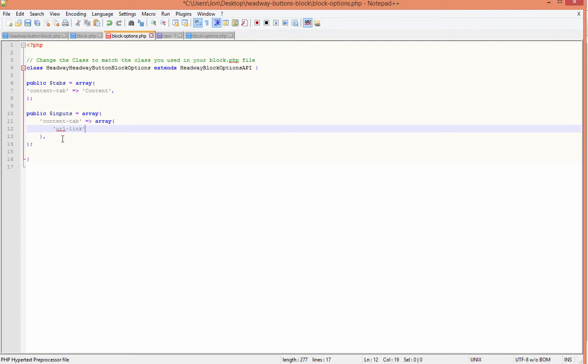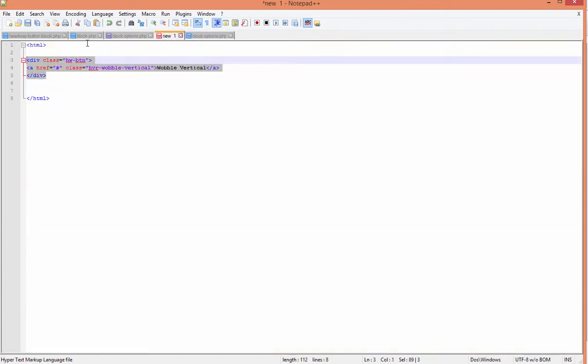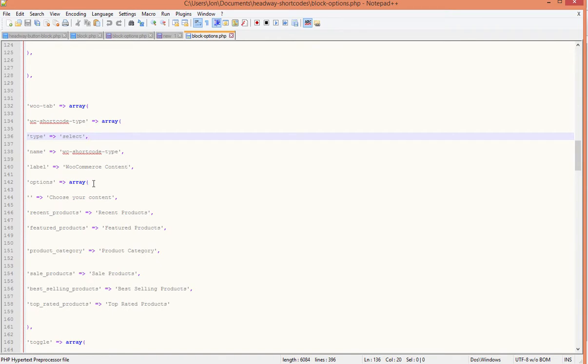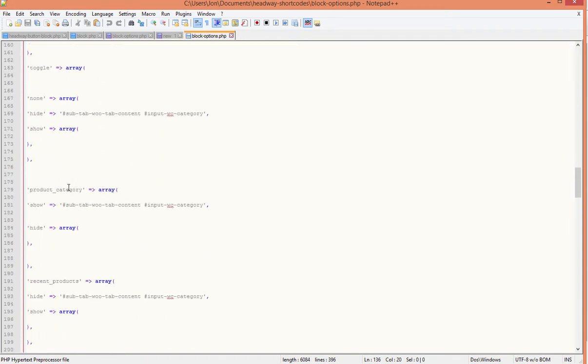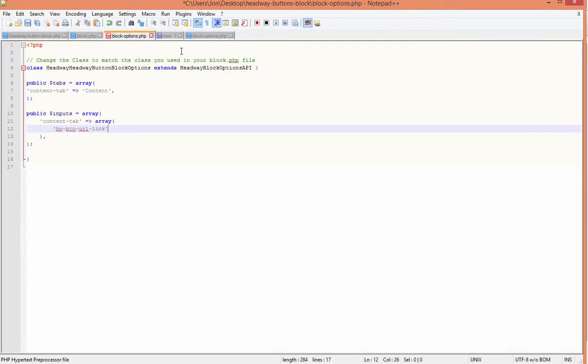But we want to be a little bit more descriptive than that, so we'll call it a Headway button URL link. If we look over here, you can see it's an array. So I'll just show you how that will look. So let's just copy that. We don't need that one. Let's just grab one here. That's too messy. Let's have a look. So the button URL will equal array,